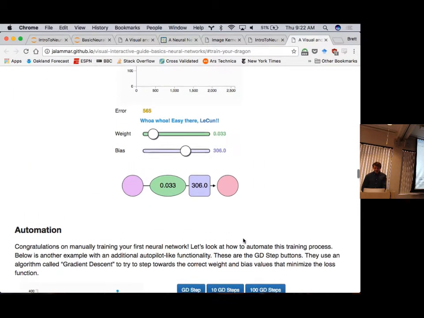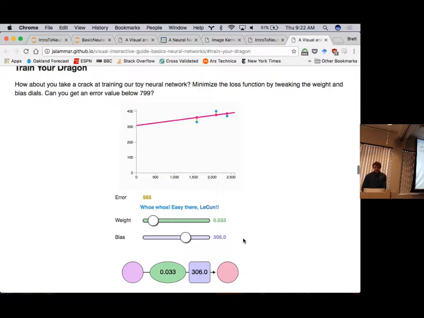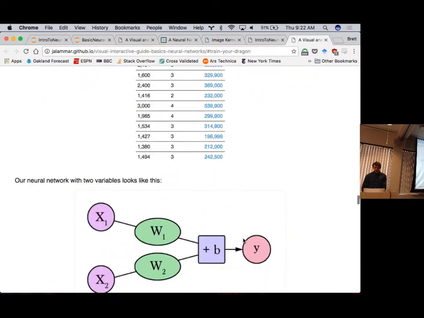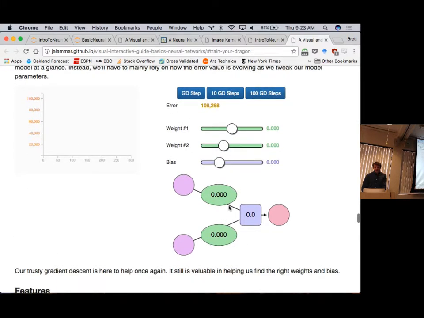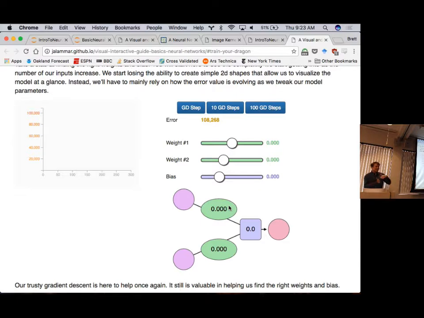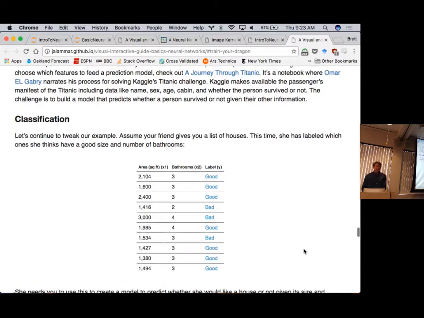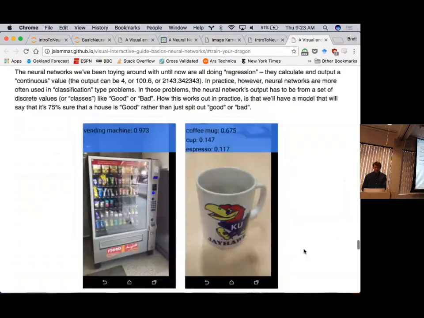Yeah, so maybe take a few minutes and play around with these weights. There's a couple of different little widgets here. There's a multi-dimensional one down here. In that case, you can't actually see the data that you're fitting anymore, unless they could have done some crazy 3D visualization. So in that case, all you have available is this loss function, and so it becomes a guess and correct exercise. Maybe take 2 minutes and play around with this stuff. I don't want to get too carried away.